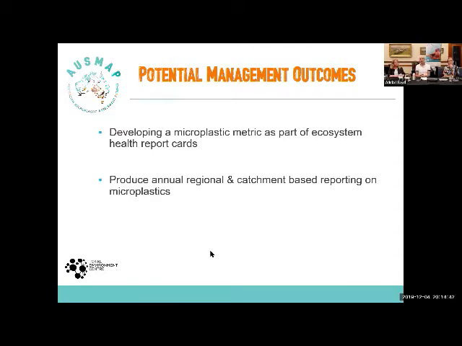We've also produced an annual report, but we're also working on catchment-based reporting. So where there's a lot of data for a catchment or a region, we can report on that and provide a summary of information for that region. That's work in progress, and particularly up on the reef, we're doing that in conjunction with Tangaroa Blue.